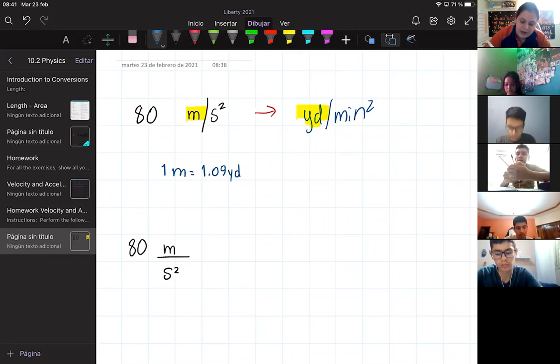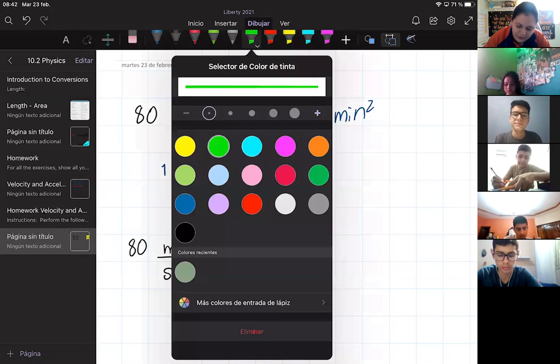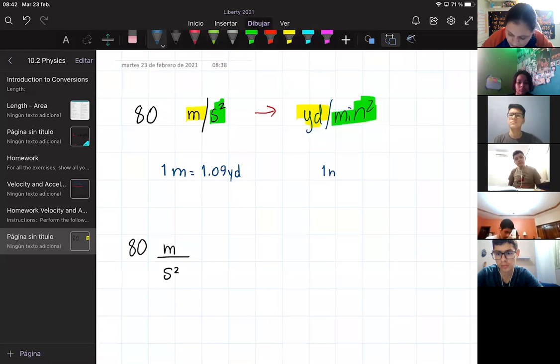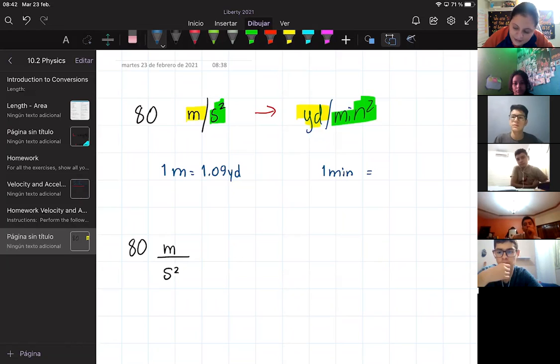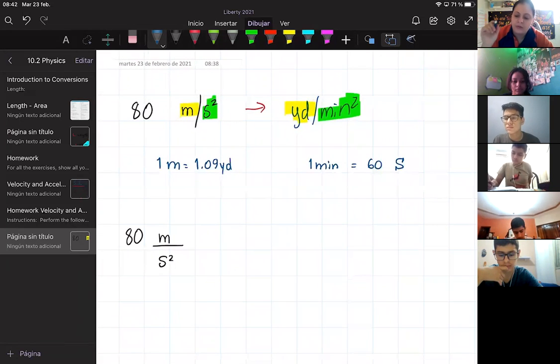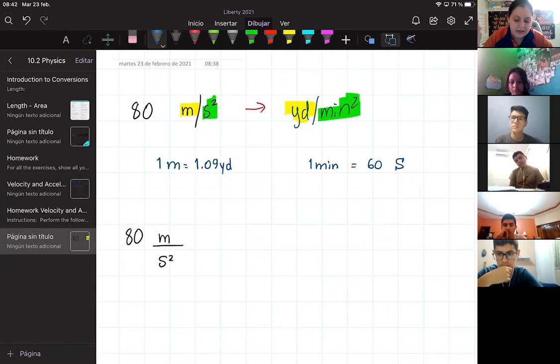Okay? Now, let's talk about the other conversion factor, which is second square to minute square. Okay? You know that in 1 minute, you have 60 seconds. That's something we all know. You say, okay, it's missing a minute. You're counting the seconds to go. Now, but these are not linear minutes. They are minutes squared. They are seconds squared. So what you do,